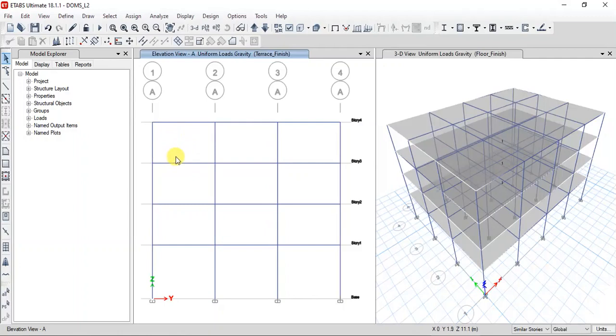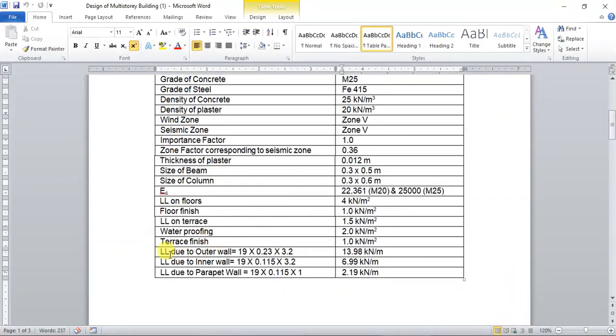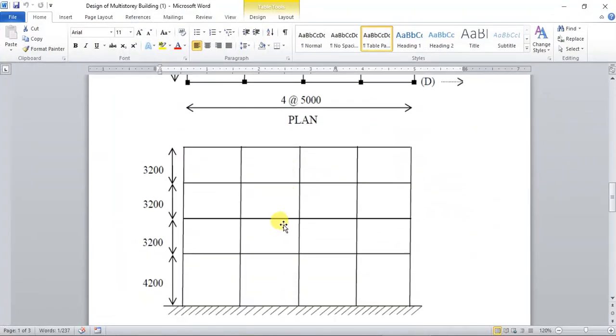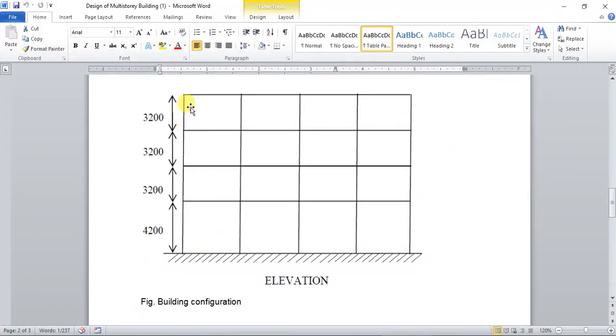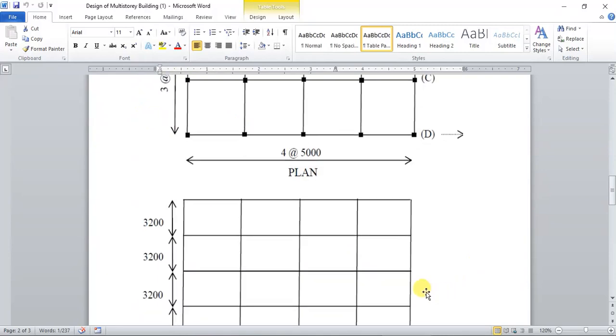You can do that, or otherwise the easiest way is to calculate the load acting on the beam in terms of kilonewton per meter. We know the density of this brick is 19 kN per meter cube. Outer wall thickness is 0.23 multiplied by height. Height is 3.2, which is the height acting on this particular beam. If you have a wall here, then the height of this wall will be 3.2 meters. So that we need to consider.